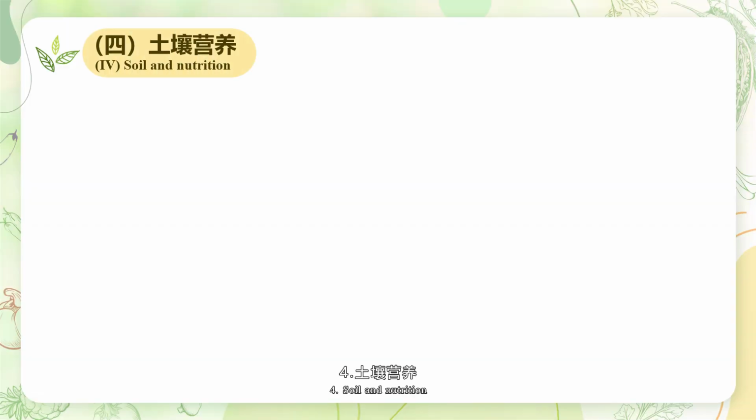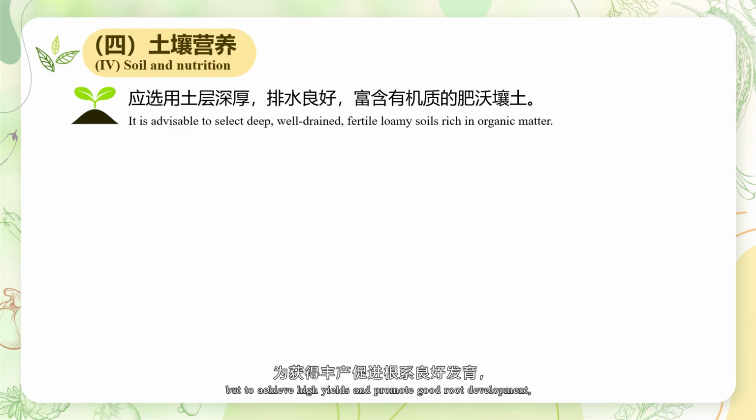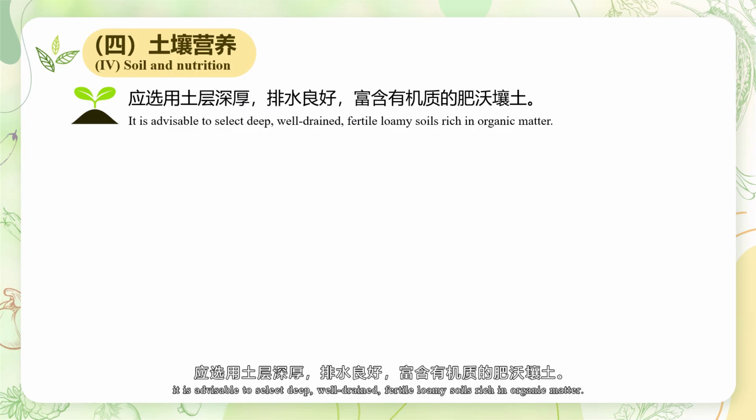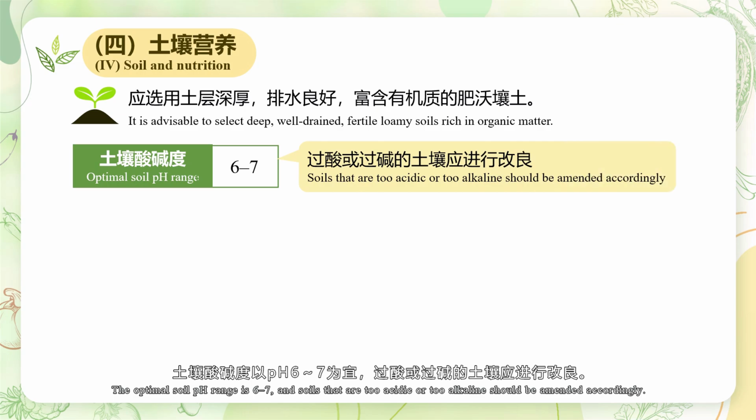4. Soil and nutrition. Tomatoes are not very particular about soil conditions, but to achieve high yields and promote good root development, it is advisable to select deep, well-drained, fertile loamy soils rich in organic matter. The optimal soil pH range is 6 to 7, and soils that are too acidic or too alkaline should be